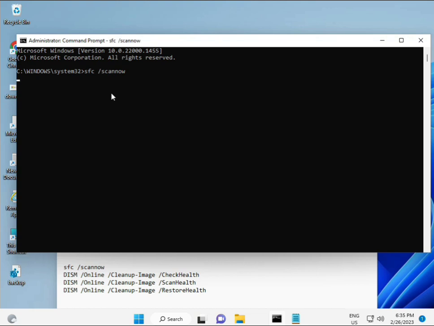Then guys, I have some commands to repair your corrupted Windows files. So this command I will give you in the link in the description, so you can directly copy and paste. Okay, first command is